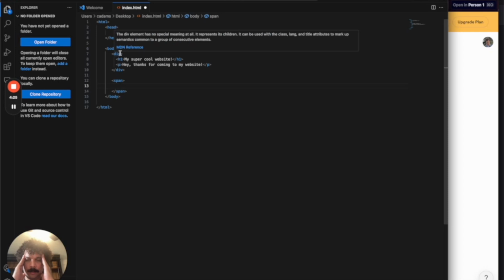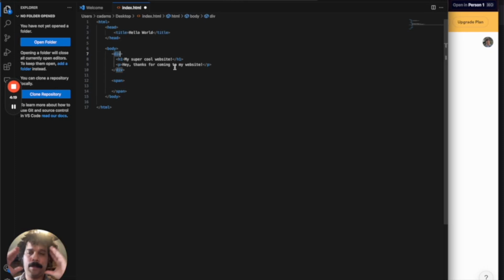Just get these terms in your head. I don't expect you to understand these at the moment until you get into CSS. Just know that div means a block level element, right? And then span is an inline element. But they're both essentially containers. And you can do something similar. You could say 1, you could say 2, and it's going to look very, very similar until you start using CSS